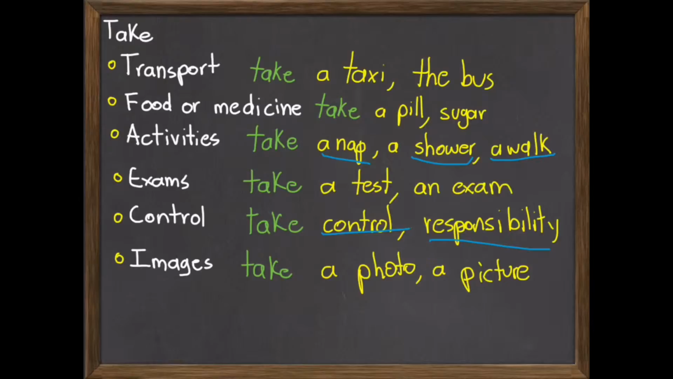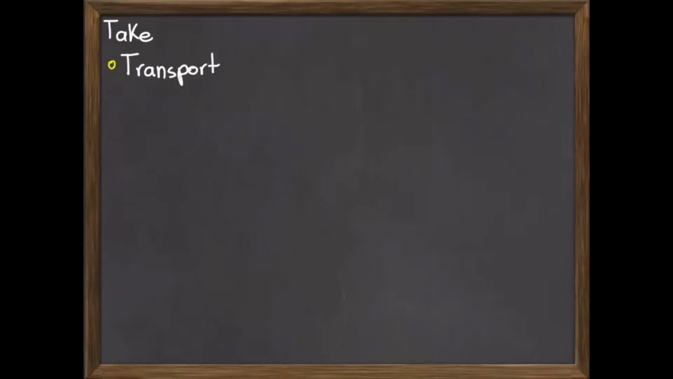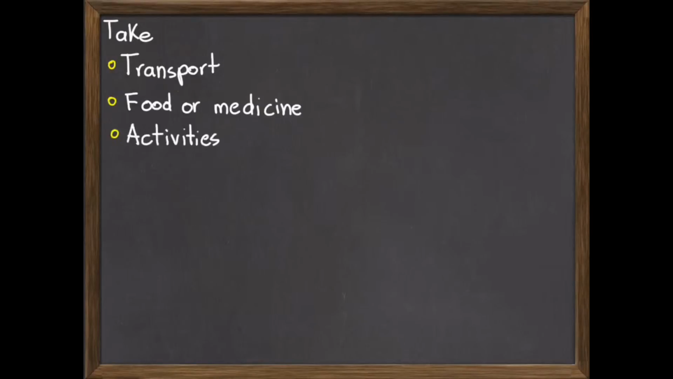And lastly, in the case of images, you could say, for example, take a photo, take a picture, take a video, and so on. Some words that are similar to images. It could be moving images, it could be still images. We can use this verb to talk about transport. We can also take food or medicine. We can also use take with activities, exams, control,